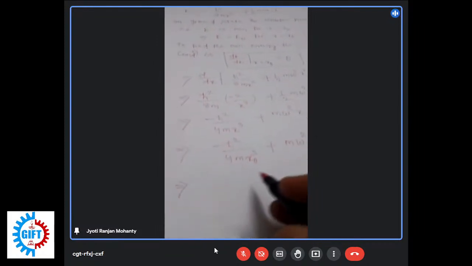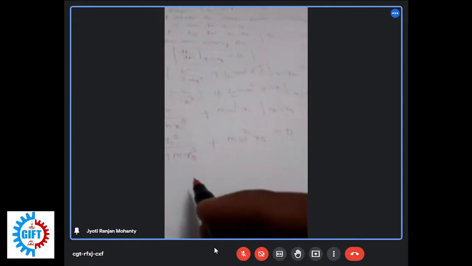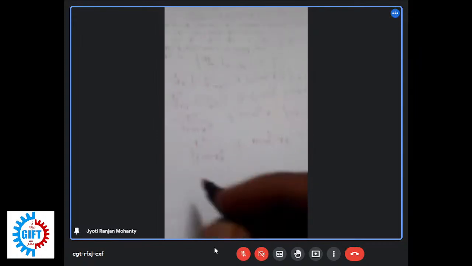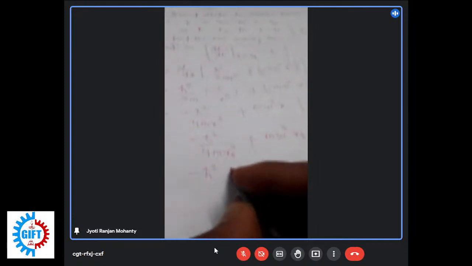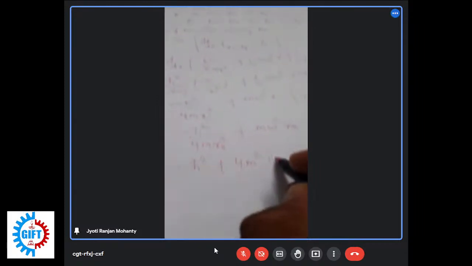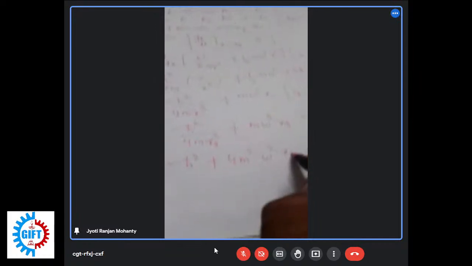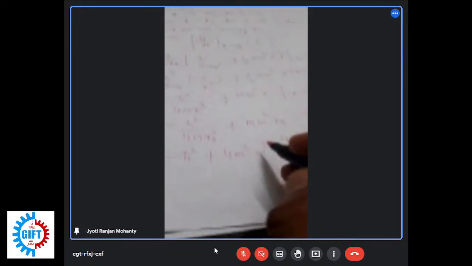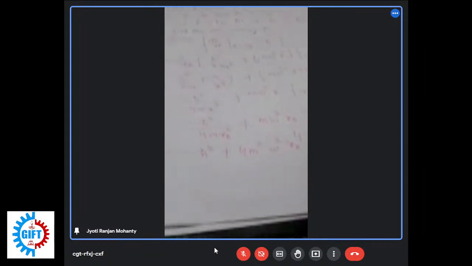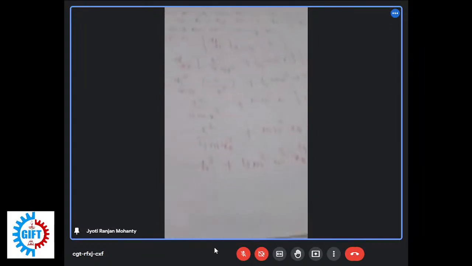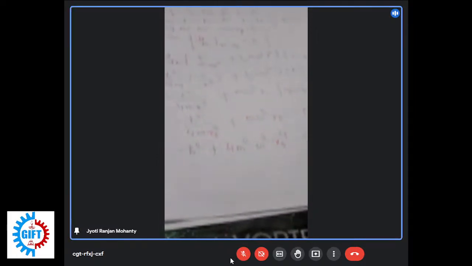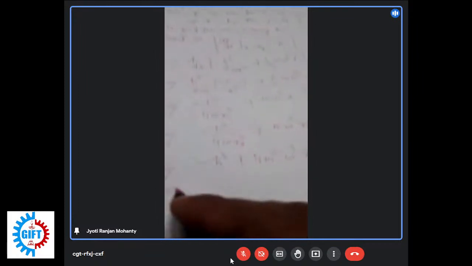So this implies, this is minus h cross square plus 4m square omega square x0 to the power 4 is equal to 0. Understood? Taking the LCM, it will be multiplied to 0 is equal to 0. So this implies